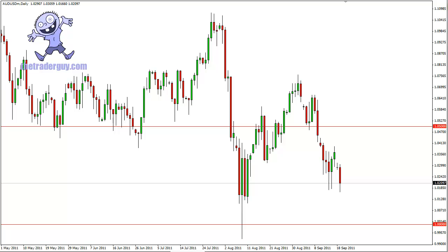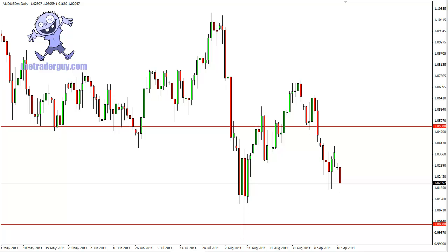Most people don't think of the euro US dollar as a risk on currency pair, but it is. It's not the most highly related one to risk, but it does tend to rise when risk appetite rises. We also saw it in the Kiwi dollar and a couple other currency pairs during the New York Monday session